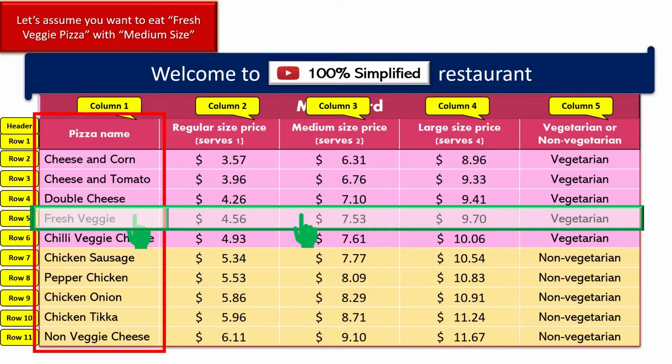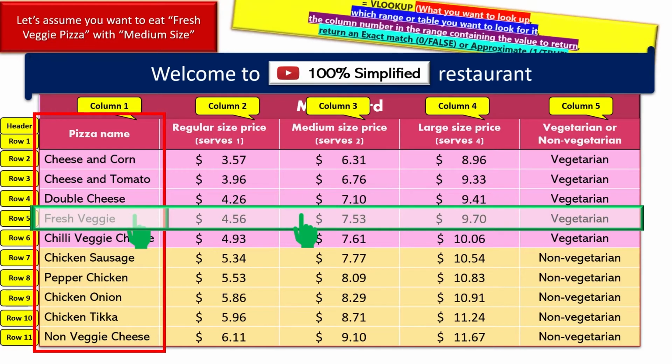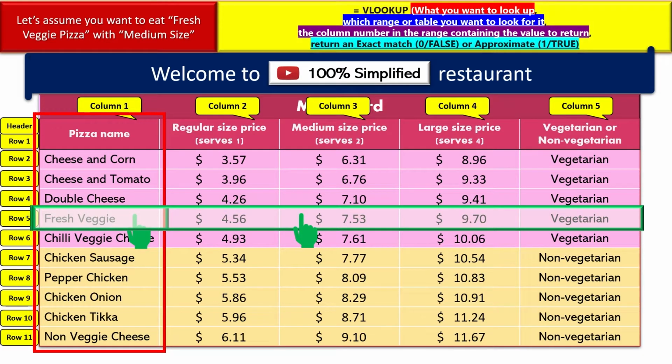Now, moving ahead, if you simplify this VLOOKUP definition, the first part is what you want to look up, right? So here in our example, we were looking up fresh veggie pizza. Next one is which range or table you want to look at. So here in our example, we were searching for the fresh veggie pizza in the menu card.